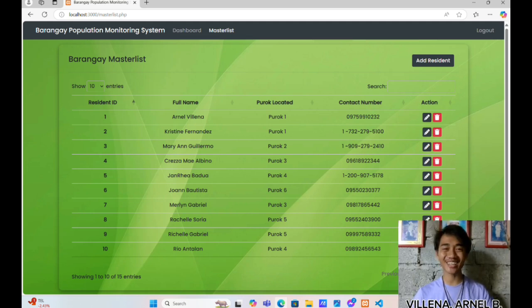Additionally, the Add Resident button, located at the top right corner, enables administrators to easily input new resident details into the system. These features ensure that the barangay's population data remains current and accurate. With these tools, the master list page streamlines data management, making it simple to update, search, and maintain accurate records.